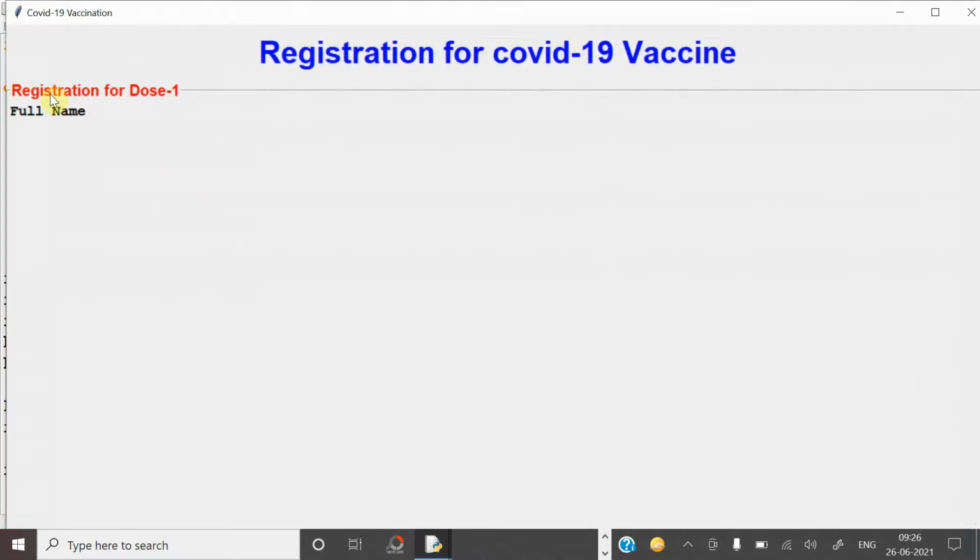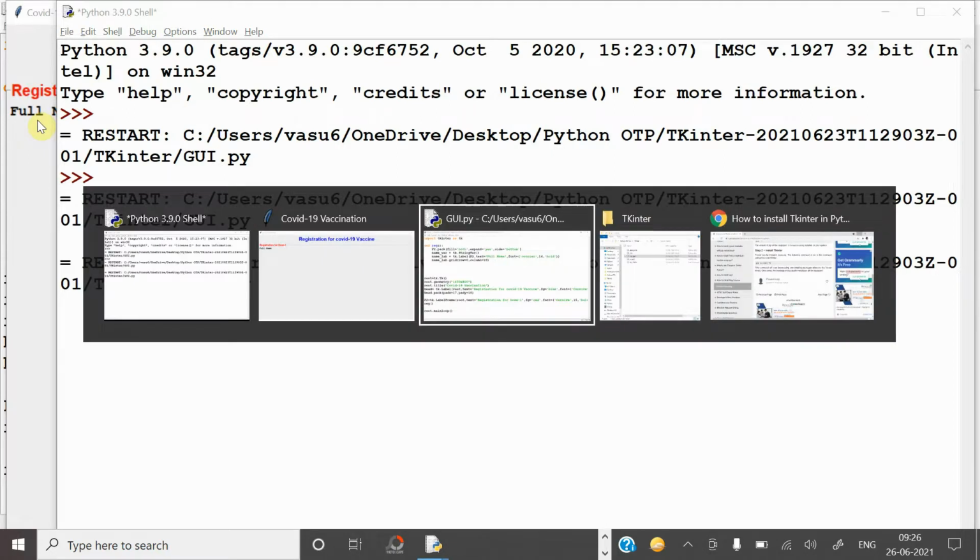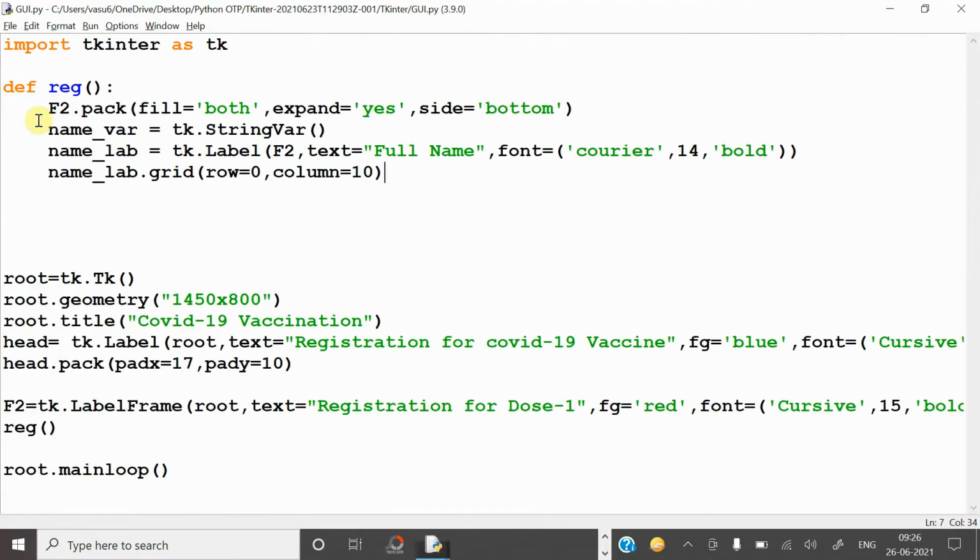See this one, this is the full name on message key. Now for this if you want to give any spacing for x-axis and y-axis, how can it be done? For this x padding and y padding can be given. Pad x equal to some 15 and pad y equal to some 15.